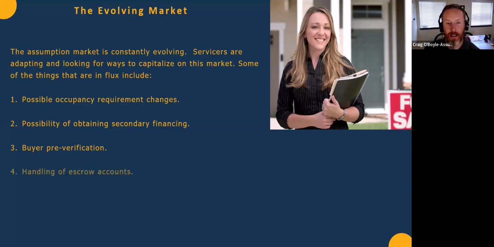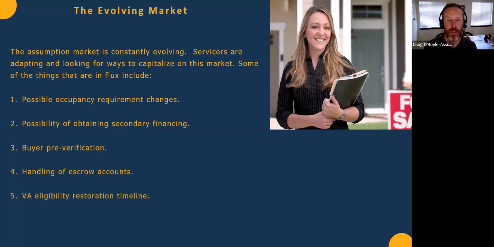So, let's see. Handling of escrow accounts, I'll just say it's the Wild West. What you might expect to get refunded as a seller or what you might expect to bring as a buyer can fluctuate from servicer to servicer. Whatever they say is ultimately going to be the rule. We're not talking massive differences in money, but depending on the time of year, when the taxes were last paid, when the insurance was last paid, sometimes there are deficits in an account. Sometimes the new insurance policy the buyer is going to get is higher, and that can change the payment. So just be aware that this is a little bit non-standard right now, but I wouldn't overthink it.